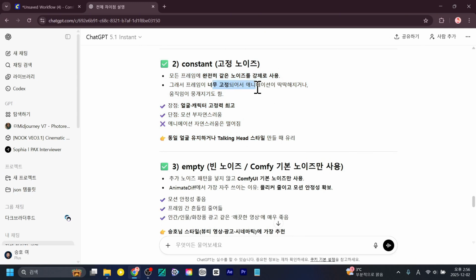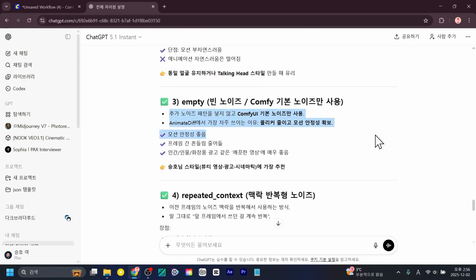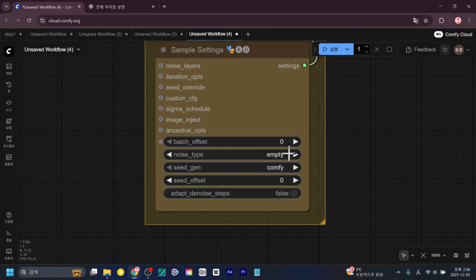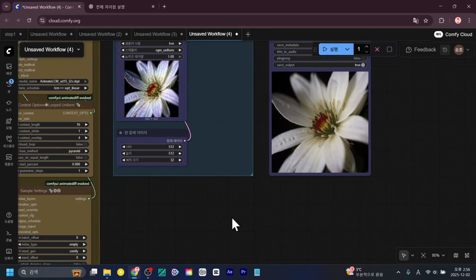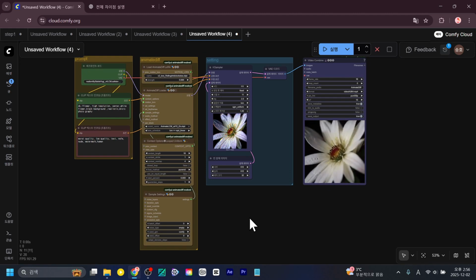Forcing the same noise too rigidly can make the animation stiff or cause the movement to become blurry, but that's probably for producing almost fixed videos. This method is actually the most commonly used one, MT noise, that is, because it's good for creating smooth videos. That's why MT was used the most. If you watched the first class of ClassU's media art before, that was also done with MT. Because it processes noise in a smoother way, MT was used a lot.